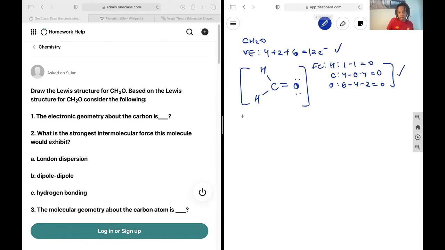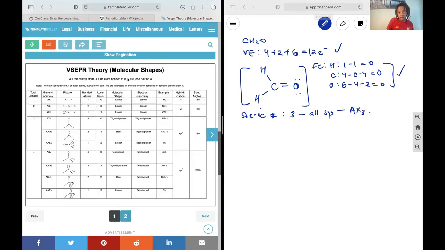And so now we go about counting the steric number around carbon so we can determine the geometry. And so we have 1, 2, 3 groups attached to it. So it's going to be 3, and none of them are lone pairs. So all bonding pairs, and so its notation would be AX3. If you go to the VSEPR chart, we just go to the total domain, steric number 3, 3 bonded atoms